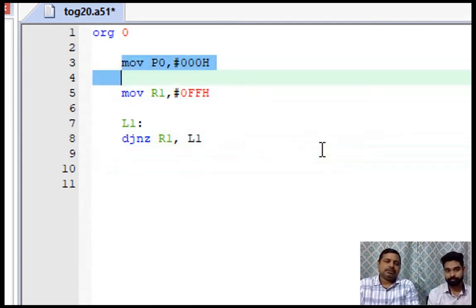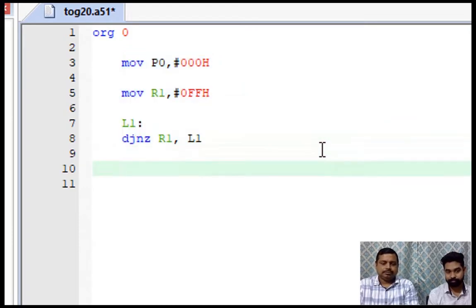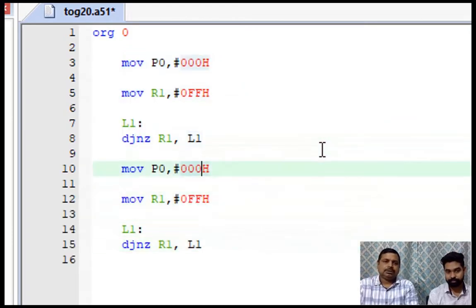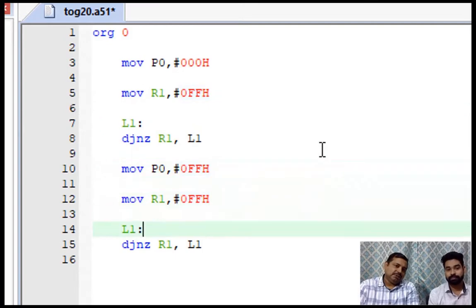I can copy paste this. Why are we copy pasting? Because earlier we made the port low, then we put a delay here. Now we are making it port high again and one more time delay.